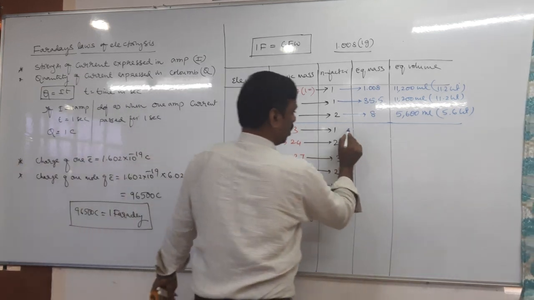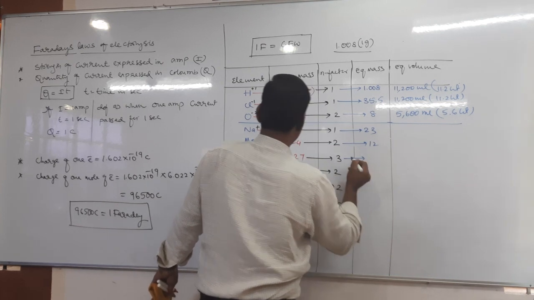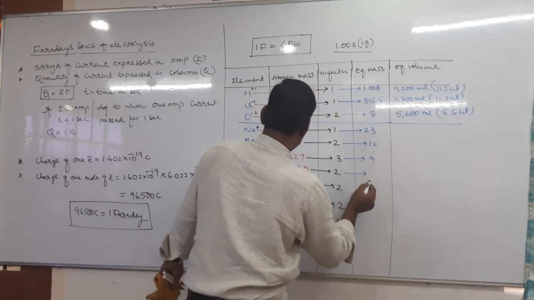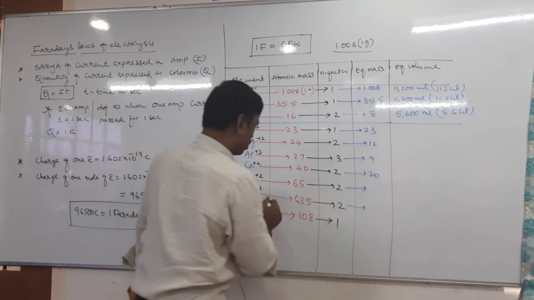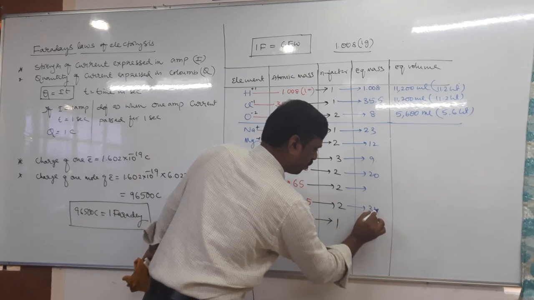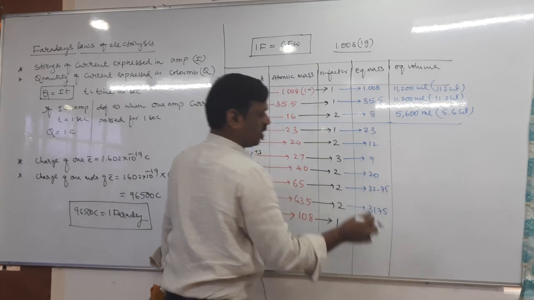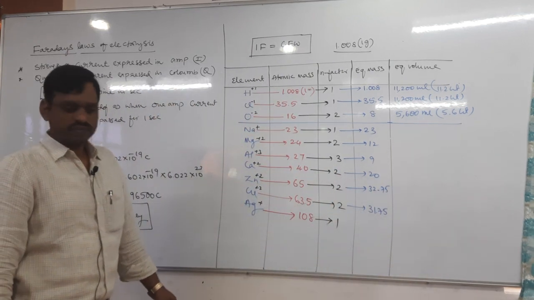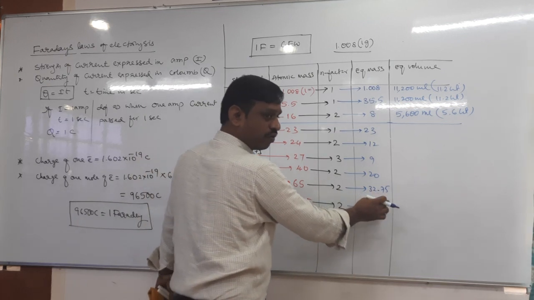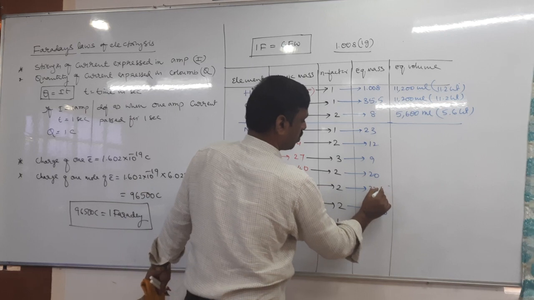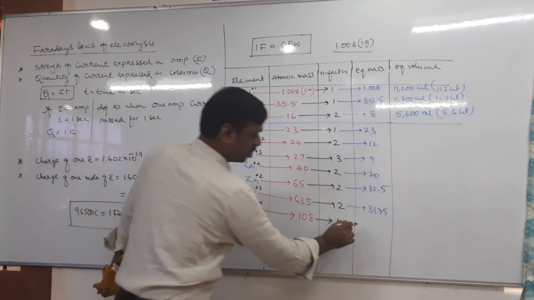Next, sodium, tell me, its equivalent weight is 23, this is 12, this is 9, this is 20. Here remember copper is 31.75, approximately 32. Remember the values. Okay, this is 31.75, fine. Silver is 108.